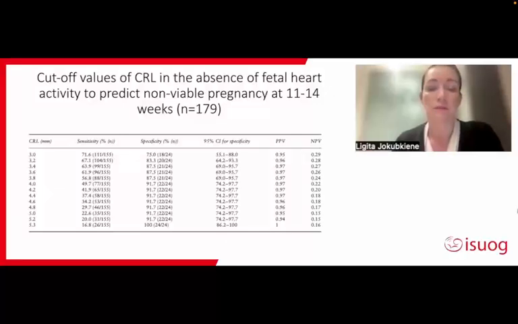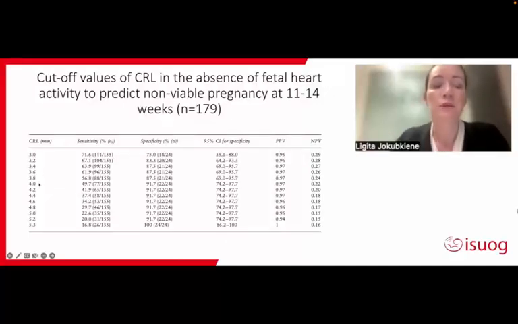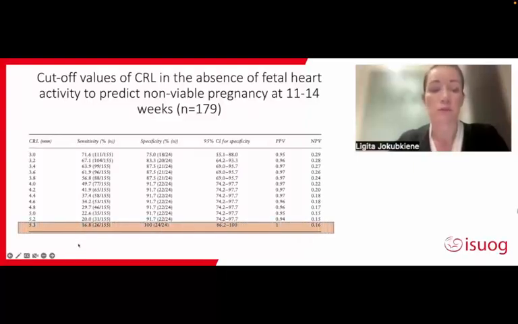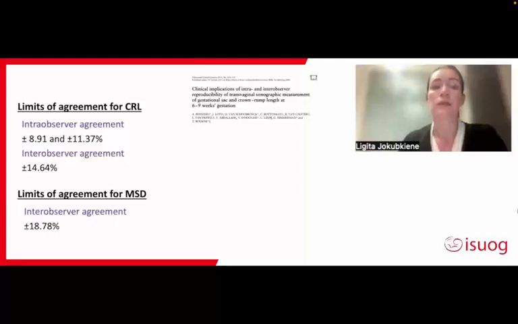What about CRL? If we look at CRL, we can see if we choose a cutoff between 5 to 2 millimeters, we will have 8.3% of pregnancies that are false positive, 1 out of 10 still being viable. So zero false positives was reached at 5.3 millimeters of CRL. It means that this is the cutoff where in the study no viable pregnancies were found after that cutoff of the CRL. So we have to look directly at this paper about the inter-observer agreement